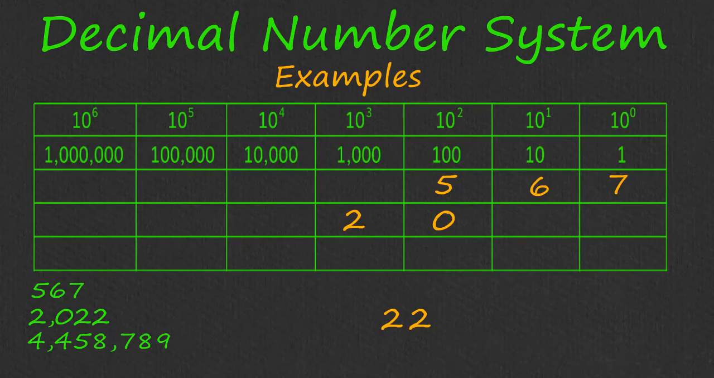Then we have the same digit 2 in the following 2 place values. So we can put a 2 under the 10 or 10 to the first and under the 1 or 10 to the 0 places. The last example is